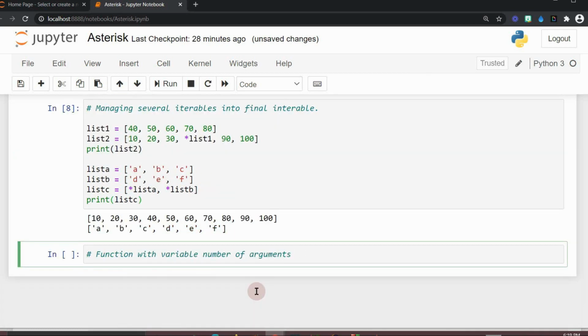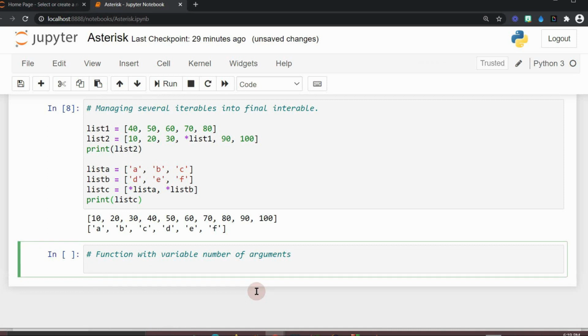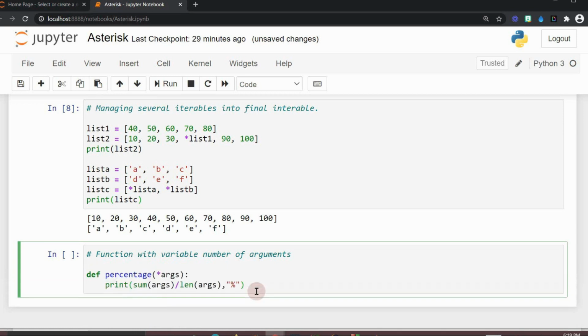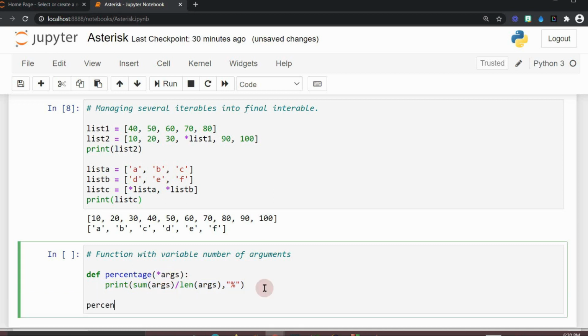Finally, I am going to show how we can use asterisk to pass a variable number of arguments to a function. Whenever you don't know the number of parameters you want to pass to a function, use this method. As input parameter, I am using a starred argument, *args, as the variable, and this percentage function will display the percentage of marks by considering the marks we send as input parameters to this function. As the first example, I am going to send the marks of 3 subjects: 40,